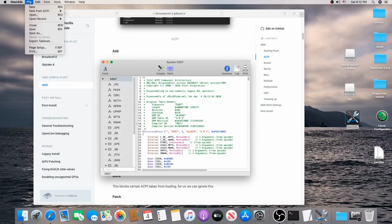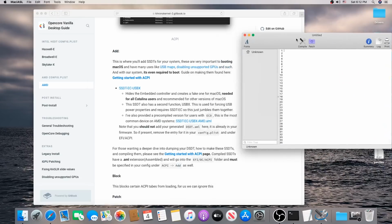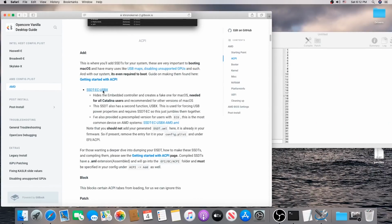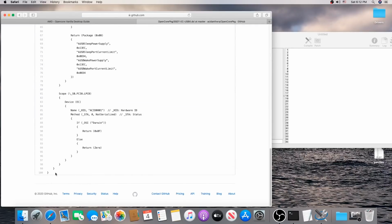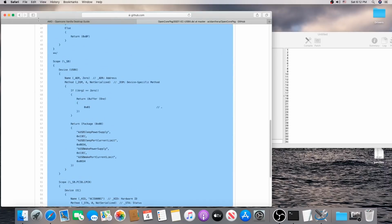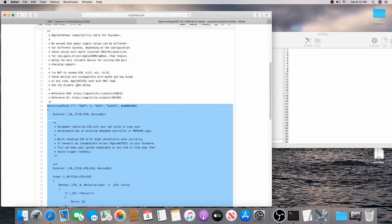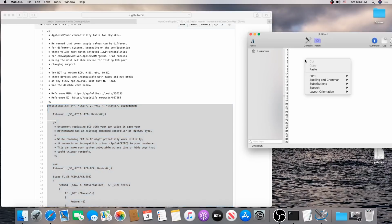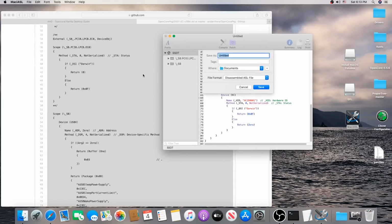Now go up here and go File, New. We can close out this one. All right, set it over there. Now we'll click on here and it'll take us to all of this machine language stuff. We're going to start at the bottom and go all the way up until we see on this one right here, definition block. We don't want anything above it, okay? And just right click, copy, and paste it into here, and then go File, Save As, and this is called